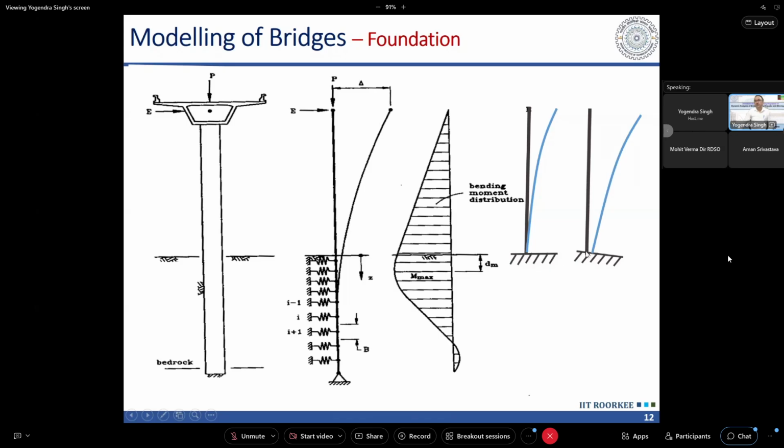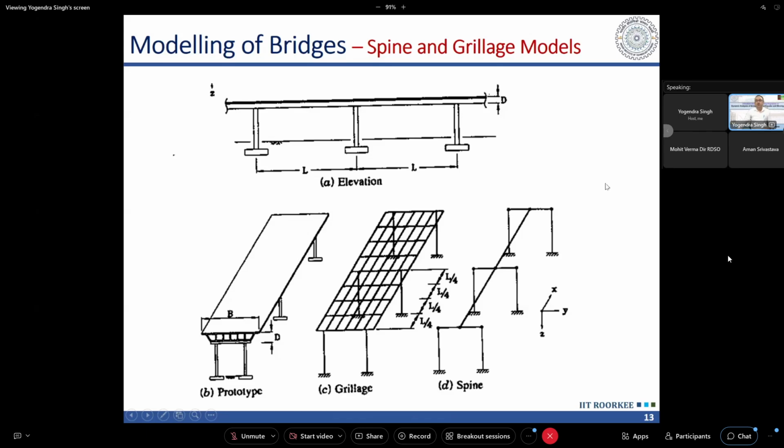When the ground deforms, the soil also deforms, we will have translation. This translation will not have much effect on the behavior of the superstructure, but the rotation of the foundation is important because that will give rise to additional displacement, and due to that additional displacement, there will be additional P delta effects. Now, in case of modeling of the bridges, the modeling of the superstructure is also crucial, and